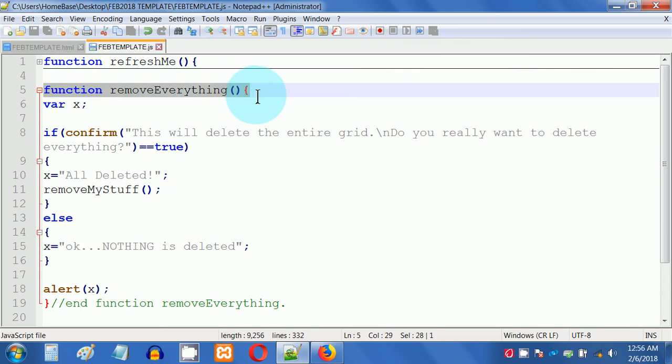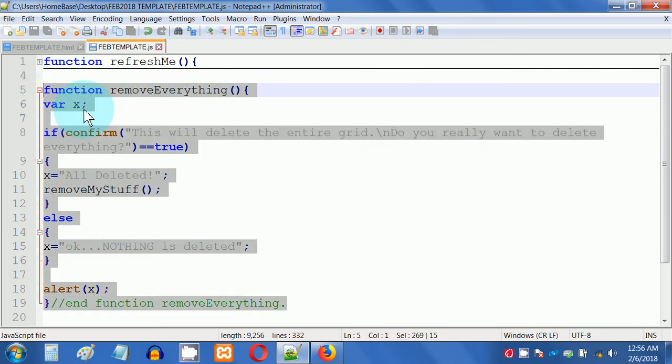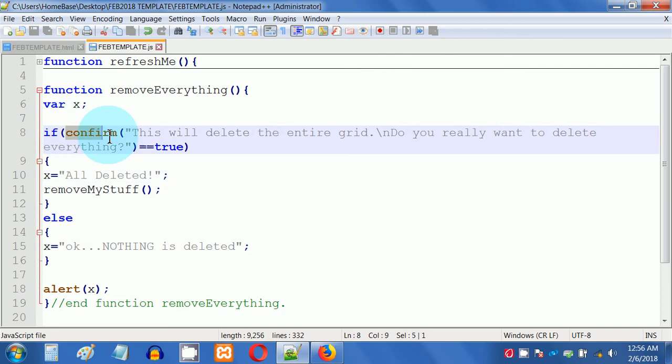Function removeEverything is a short function. First we create a variable called x. Then we have an if condition. In the if condition, everything in these parentheses is a confirm prompt that pops up, which says "This will delete the entire grid." Then we have a \n so that we can go down another line and ask,